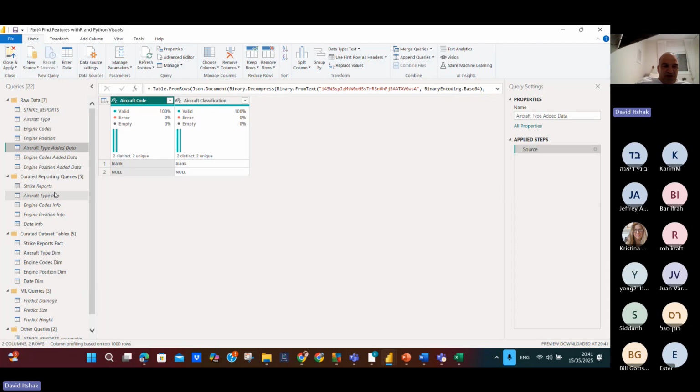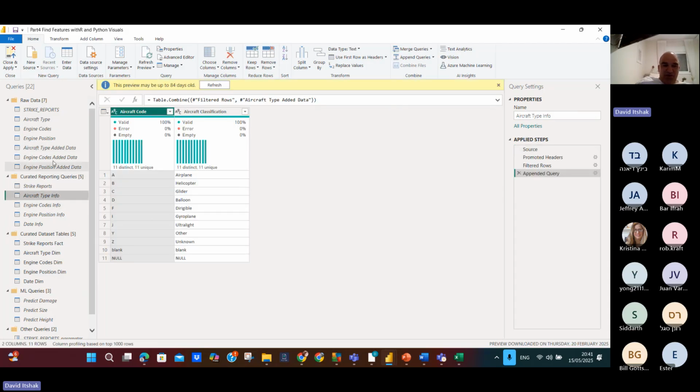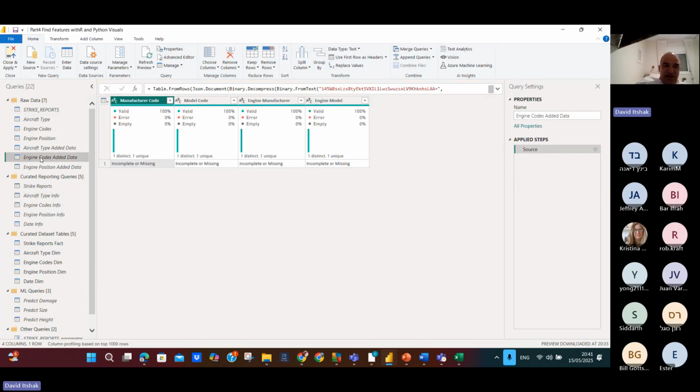And now, if I go to aircraft type info, you can see that I took this and appended it to aircraft type info, with blank, blank, null, null. And now there is no blank or null value. Aircraft engine code edit data, you see incomplete, missing, complete, incomplete, missing. And I go to